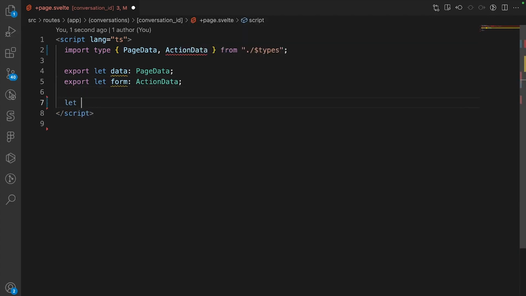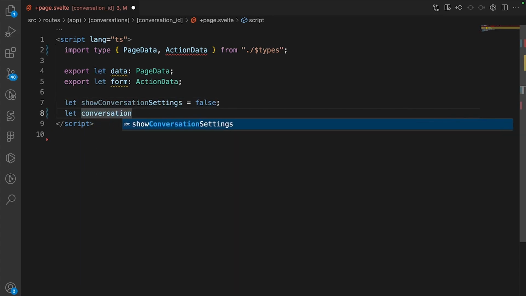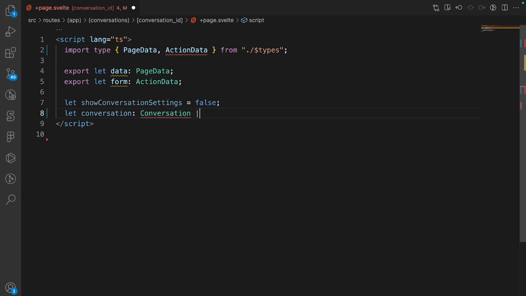So then we're going to say let show conversation settings is equal to false. And we're also going to create a conversation variable. Const conversation is equal to the conversation or undefined. Then we're just going to say reactive declaration saying that if the conversation,